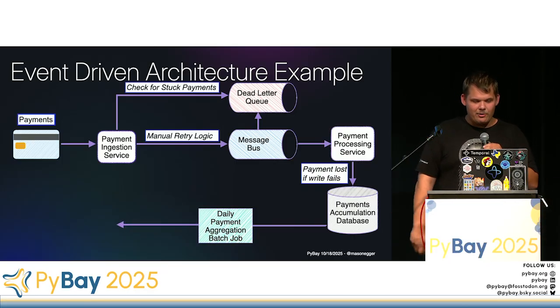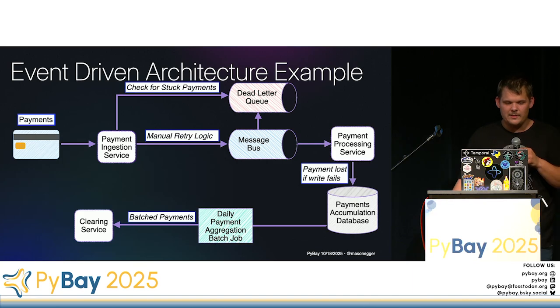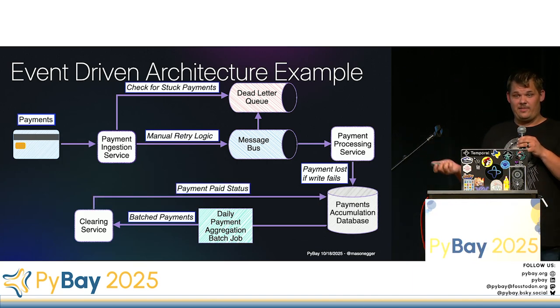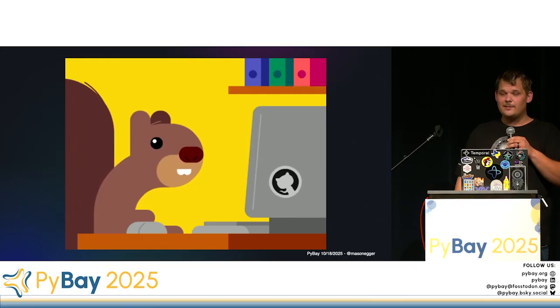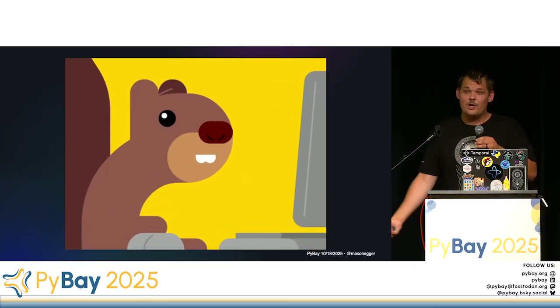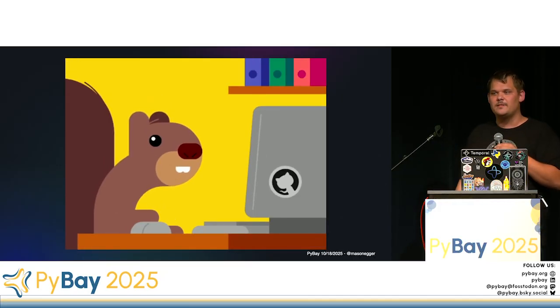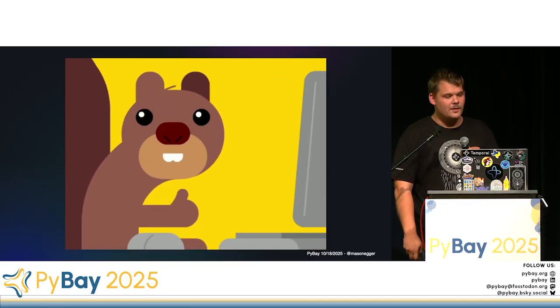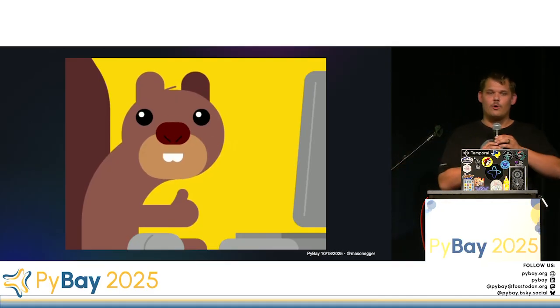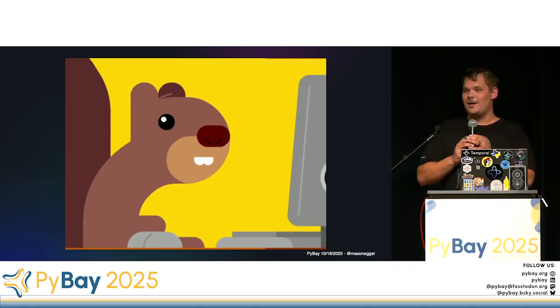The data is then aggregated and sent to a cleaning service for each payment type, and then the database is eventually updated. And some of you might be sitting here looking at this, and you go, wow, that's a good architecture. Ship it. Love it. And you're right. This is a very standard, typical architecture for a payment processing system. This diagram will work. There are companies that are worth a lot more money than me running this in production